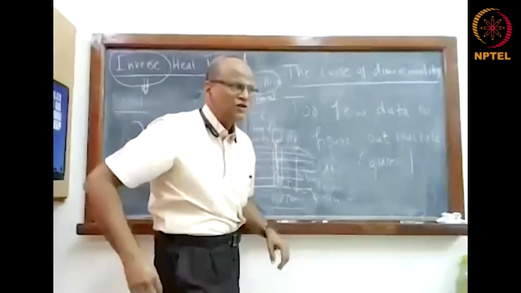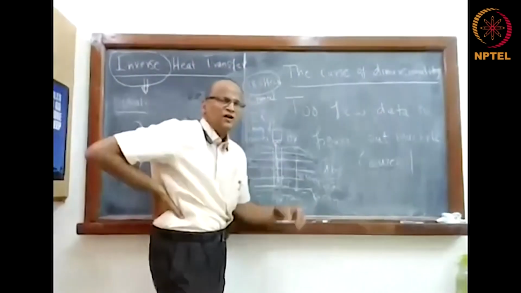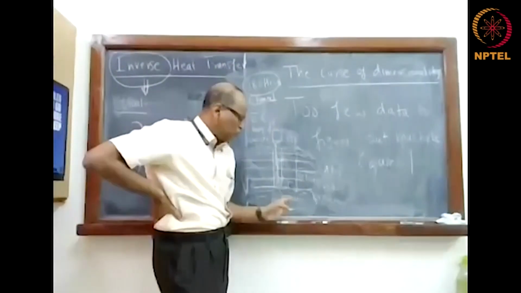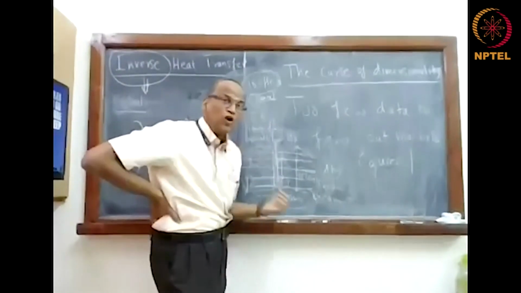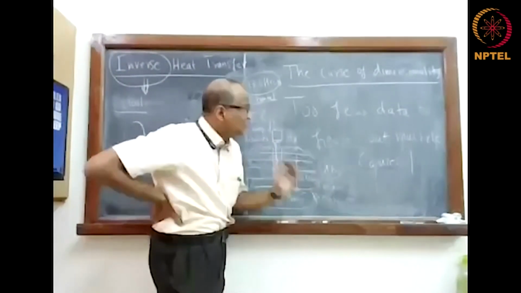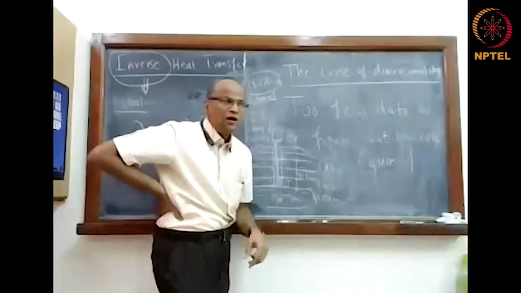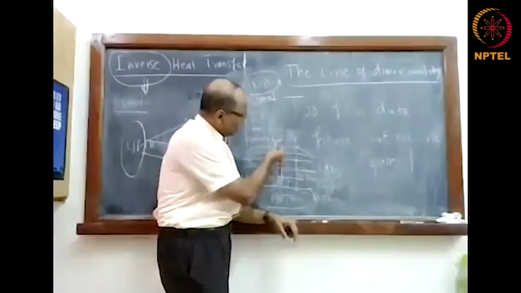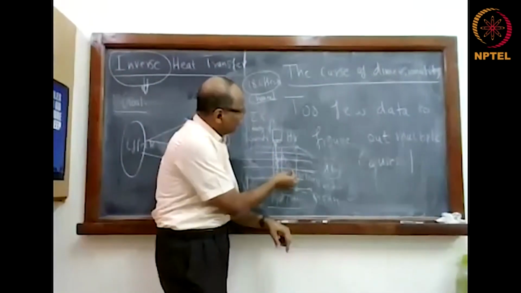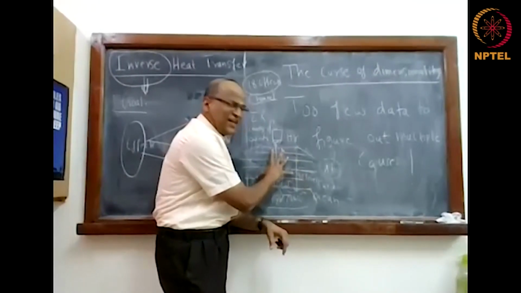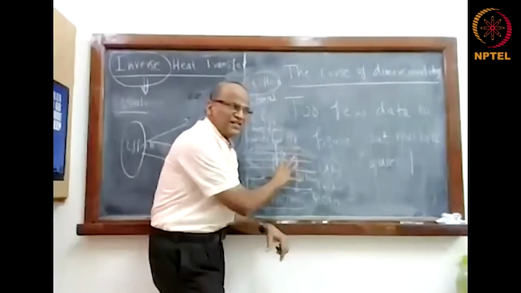Now you honestly tell me, isn't it asking for too much? From 18 effects, you want to understand or predict 198 causes. This is the curse of dimensionality, because there could be multiple combinations of temperature and humidity. So all this is because some radiation is happening here. So that is radiation heat transfer.